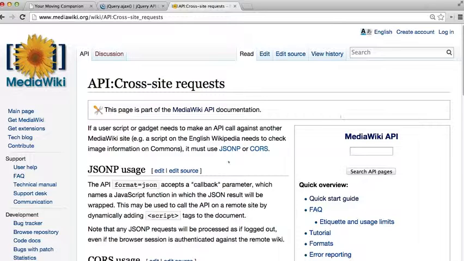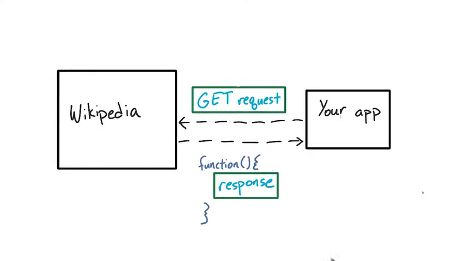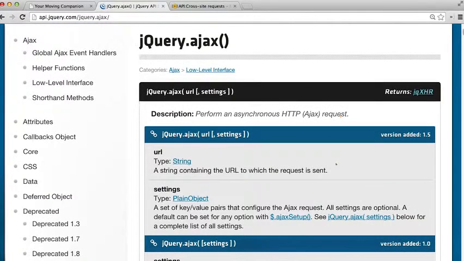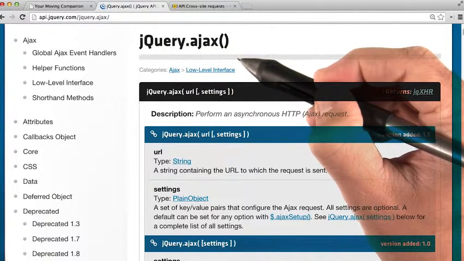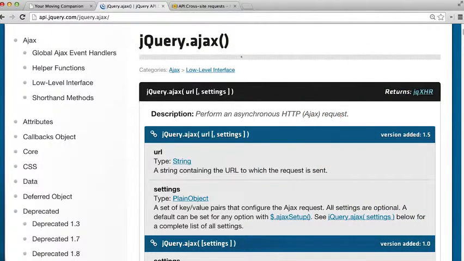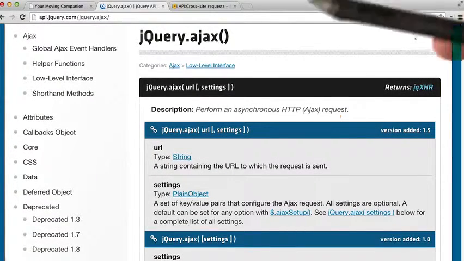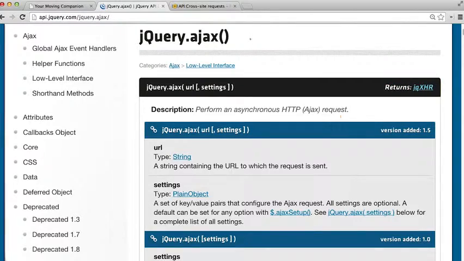A JSONP request is a somewhat convoluted trick that involves the server wrapping the response inside a function to get injected when it actually gets back to the client. But luckily, if this sounds confusing, don't worry, jQuery actually makes it pretty easy. To make a JSONP request, we'll use the more robust .ajax method. In fact, the .getJSON method we were using before was actually just an abstraction of the .ajax method, which is incidentally also an abstraction of an asynchronous JavaScript request. For this quiz, use the .ajax method to collect data from a Wikipedia endpoint.